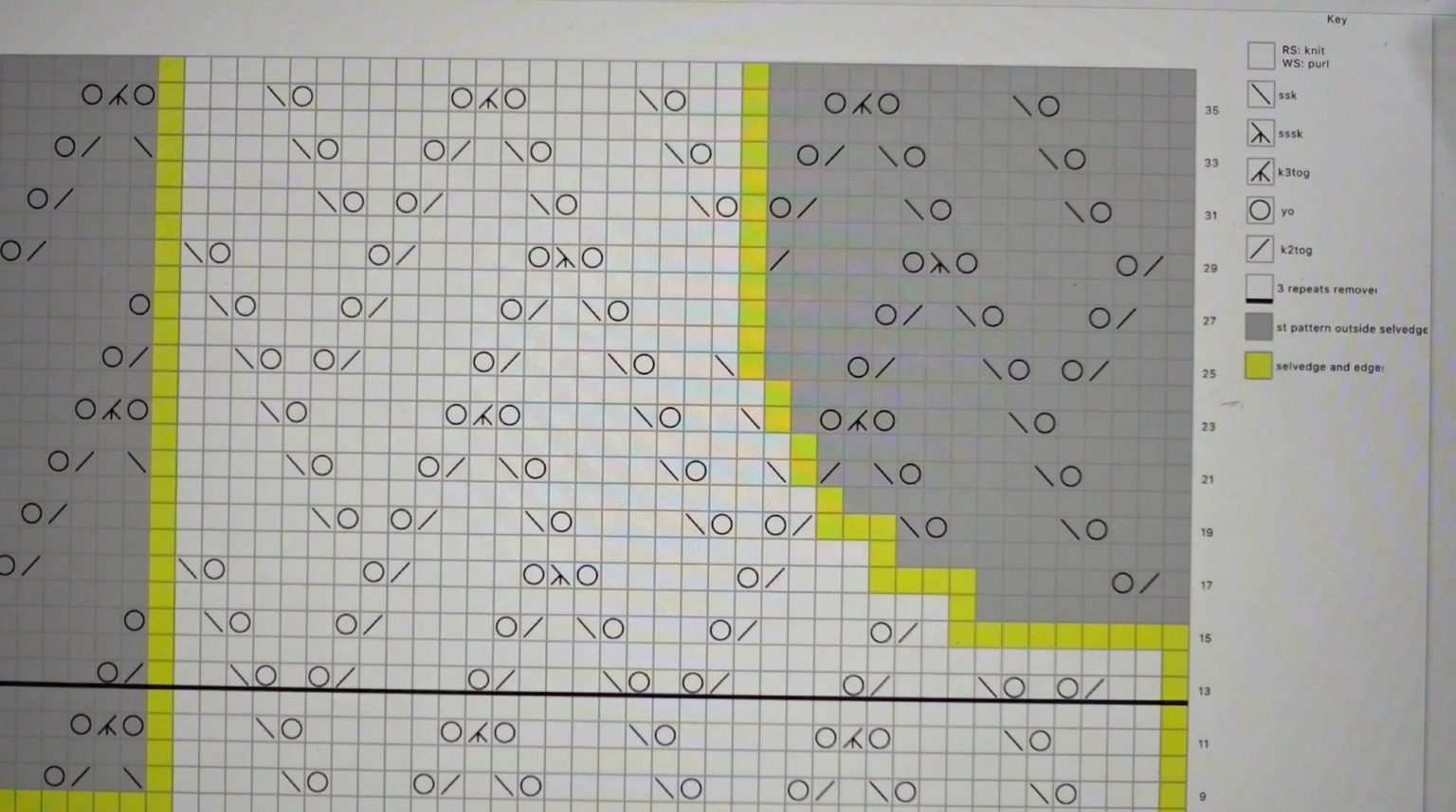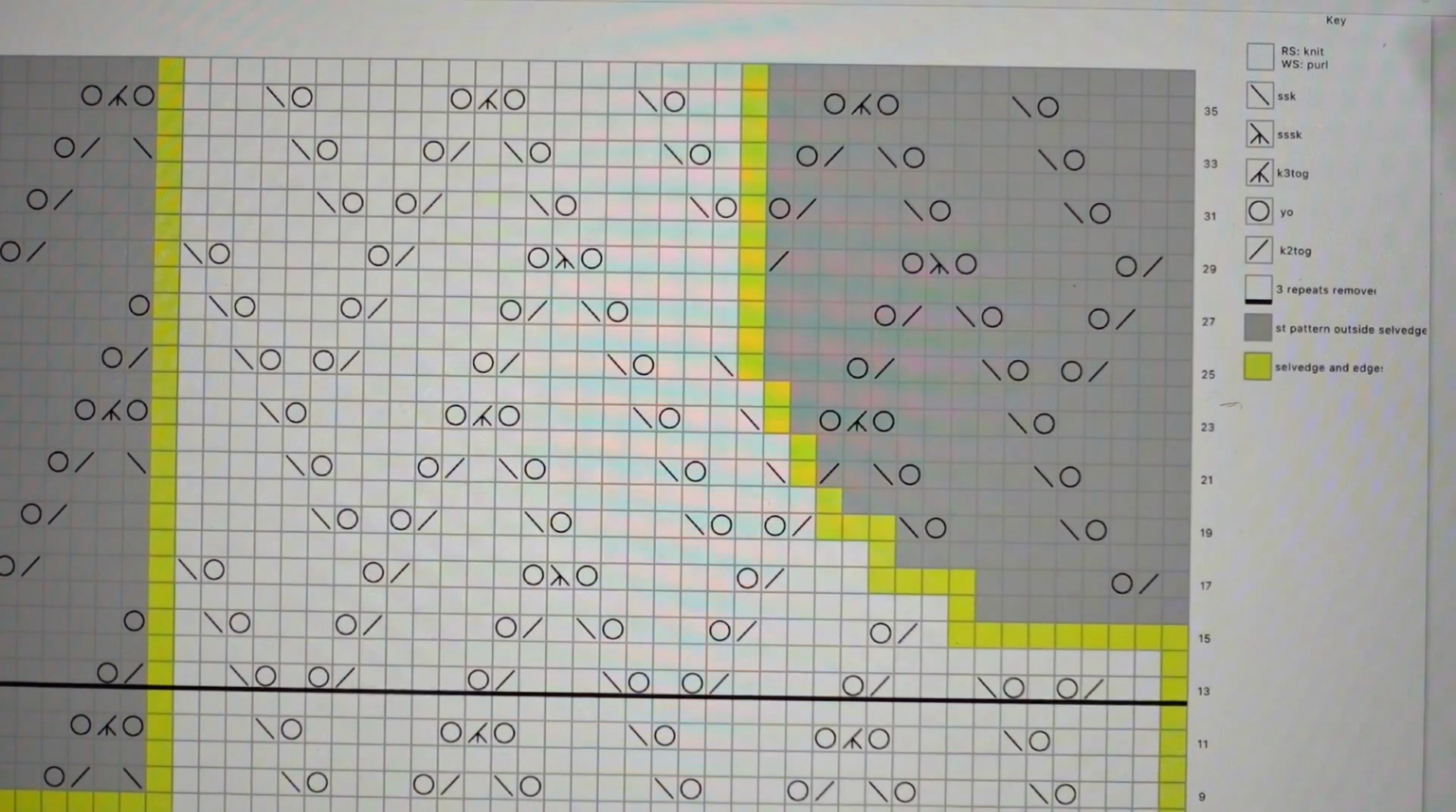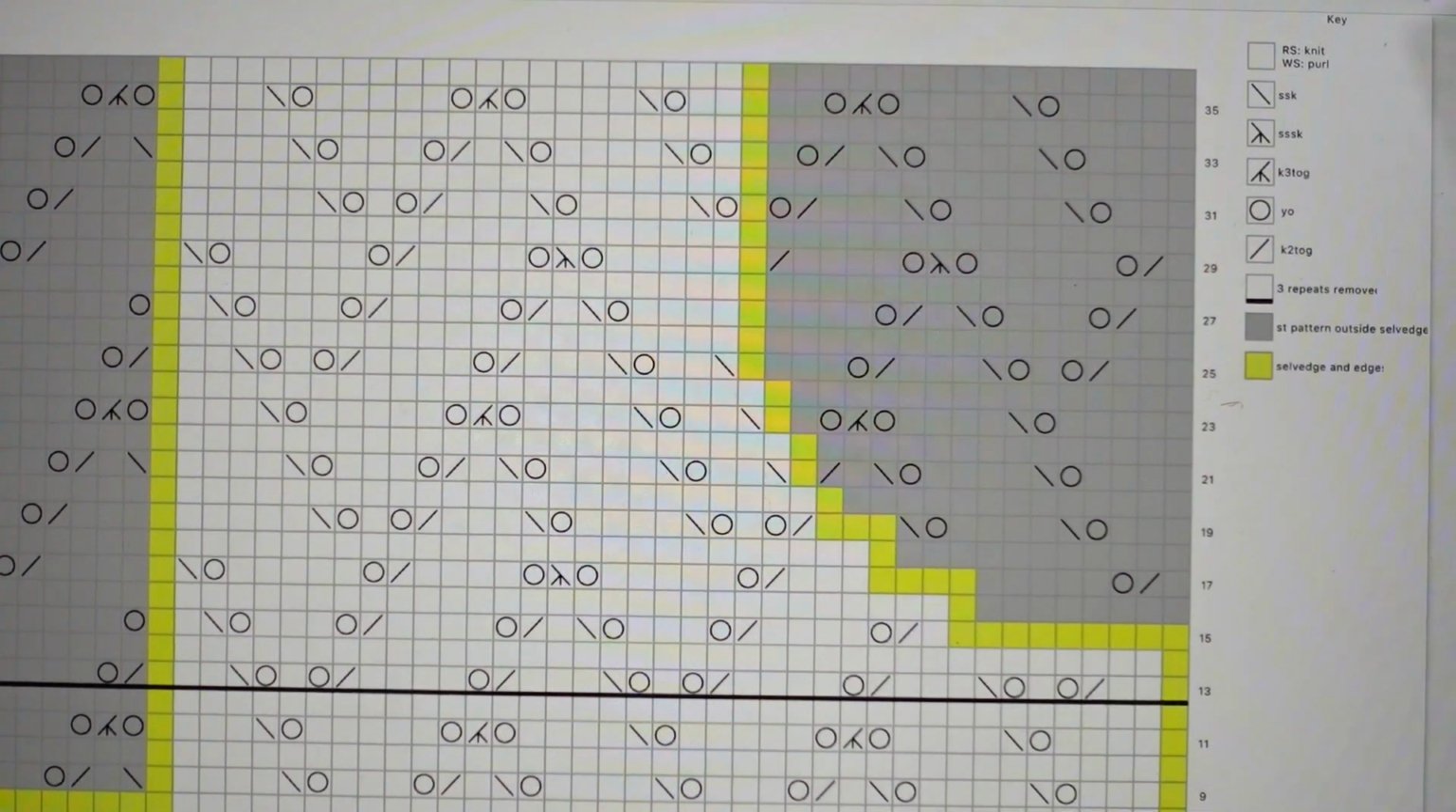I use charting software. This really helps me to lay everything out. I use a program called Stitch Mastery. They have it for PCs and Macs. There is a free demo version where you can create a lace chart. You wouldn't be able to save it, but you'd be able to create it. There are also